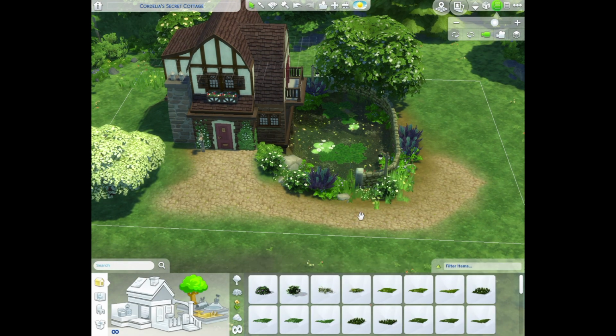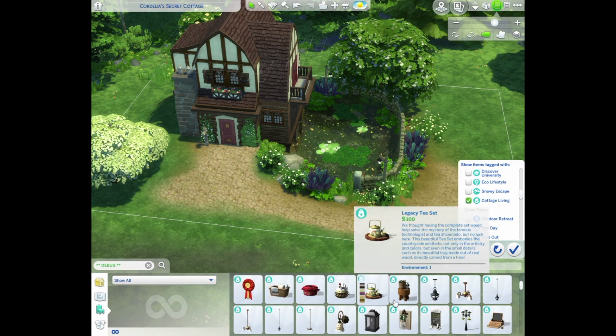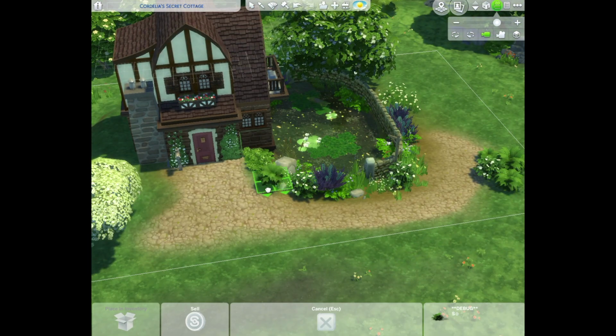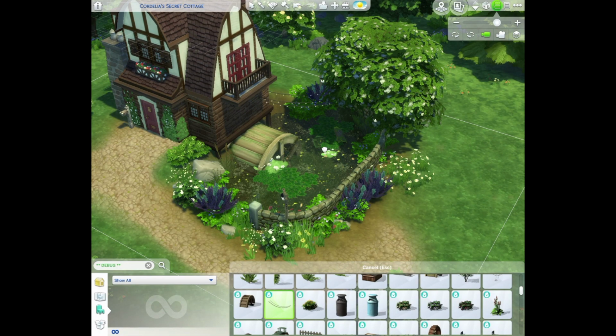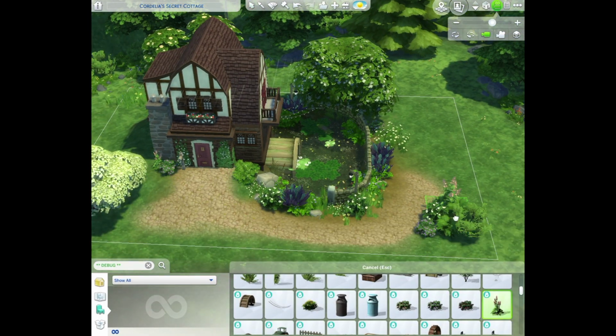So I didn't include the floor plan in this build, but I ended up with two small bedrooms and a little craft area where you can see the balcony over the water there. And yeah, since this is a tiny home, the living area is very cramped, but I think it makes for a cozy look. And like I said, this was the first build I did with the Cottage Living pack,